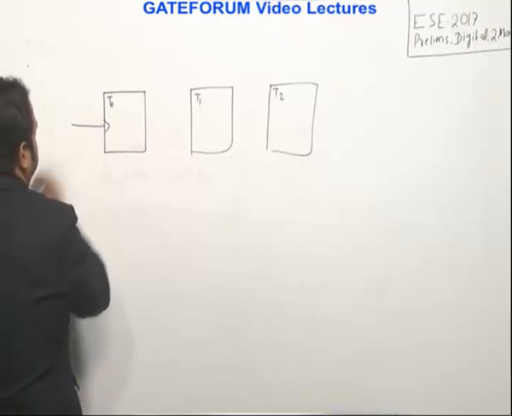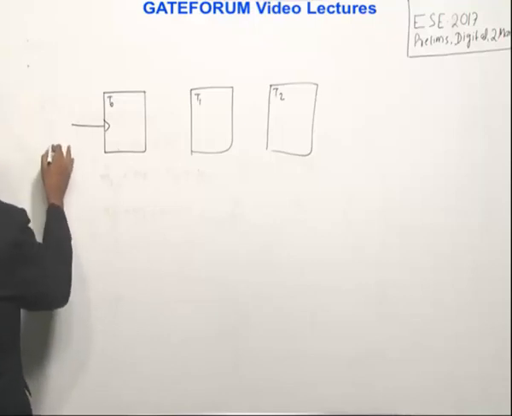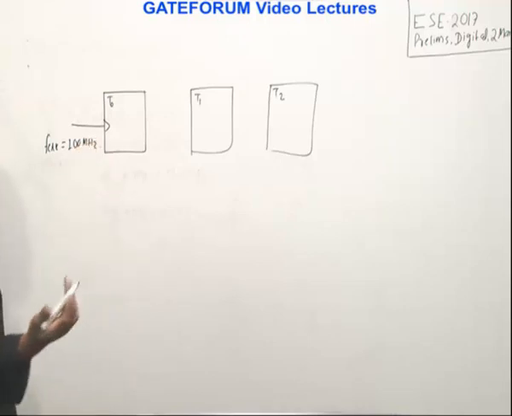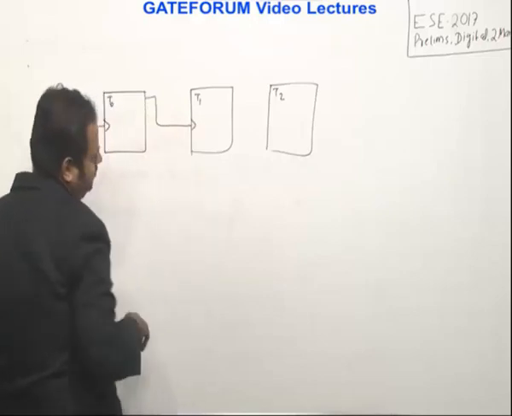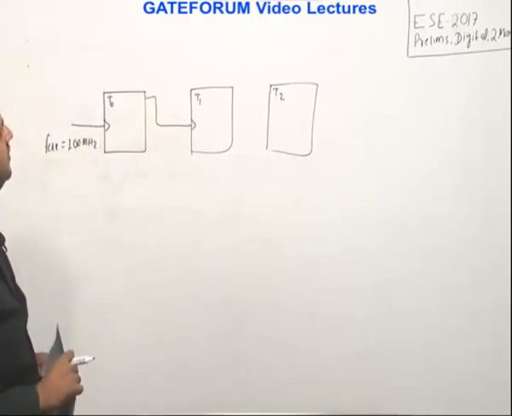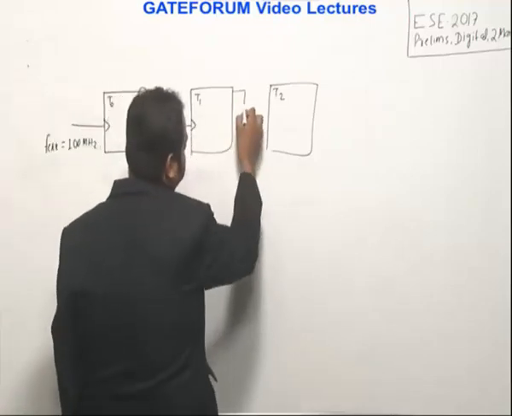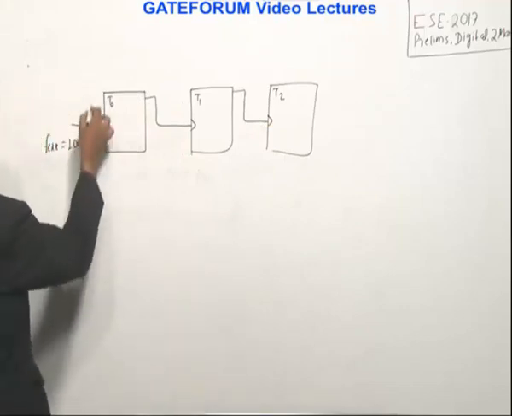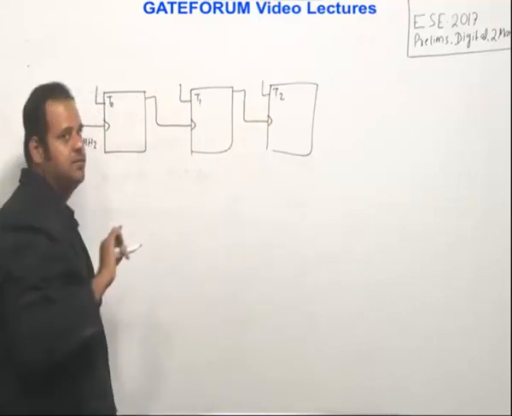And to this we are connecting a clock, right? And they are saying the clock frequency is 100 MHz. So this is the clock frequency, 100 MHz. And generally, when we connect flip-flops in cascade, to avoid race conditions, we generally prefer edge triggering rather than level triggering. So I am connecting it something like this. And one more piece of information should have been given in the question, that all the flip-flop inputs are connected to 1, because it's a very standard property.